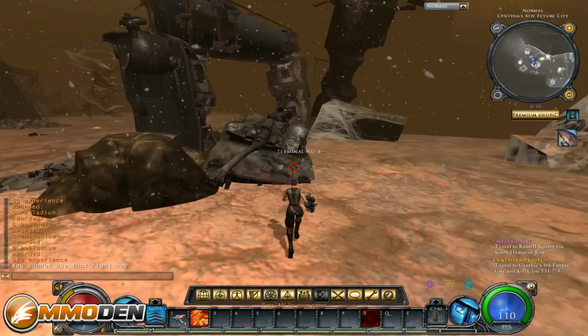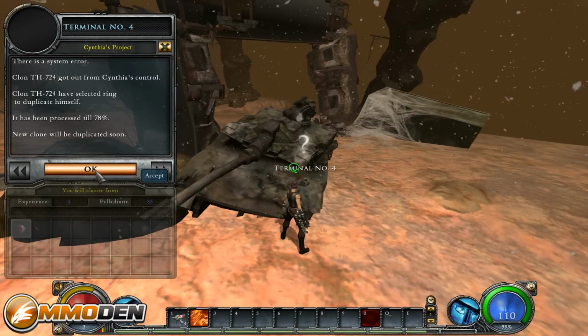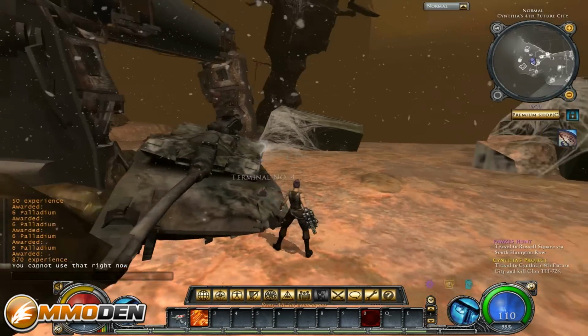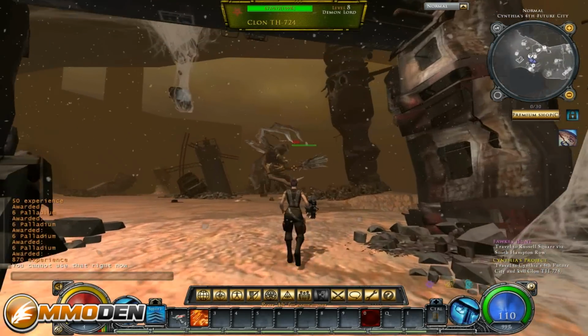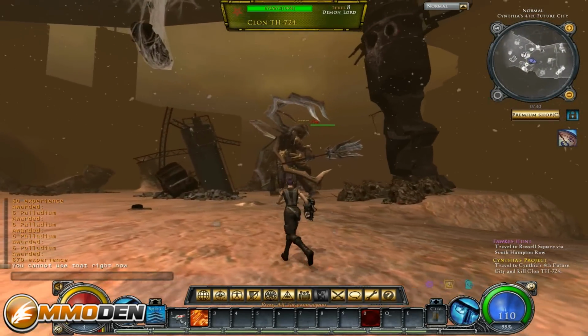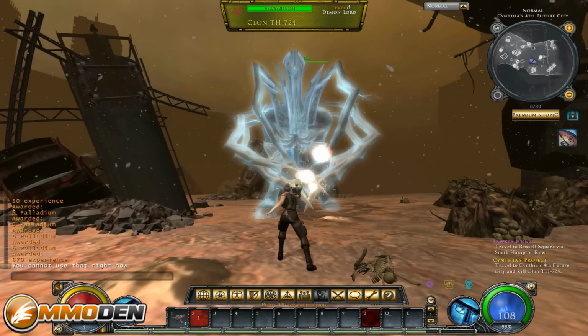We've got terminal number 4 that we can talk with this NPC. So, talking about that thing being out of control, it's roaming around here somewhere. There it is. Like I said, I have no clue. This thing is a level 8 demon lord. So let's...